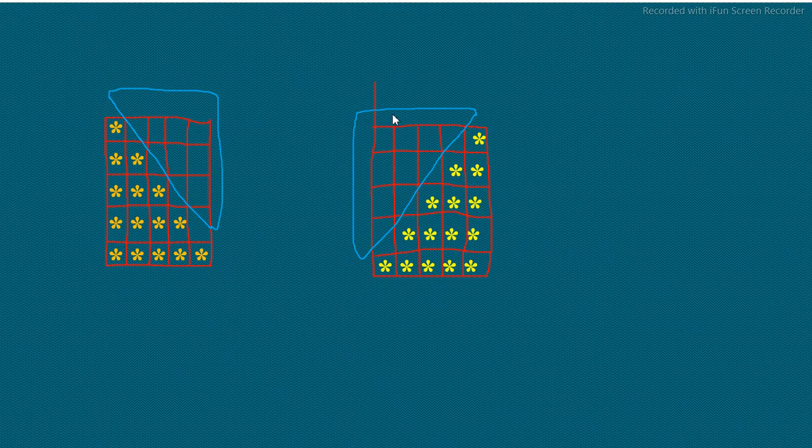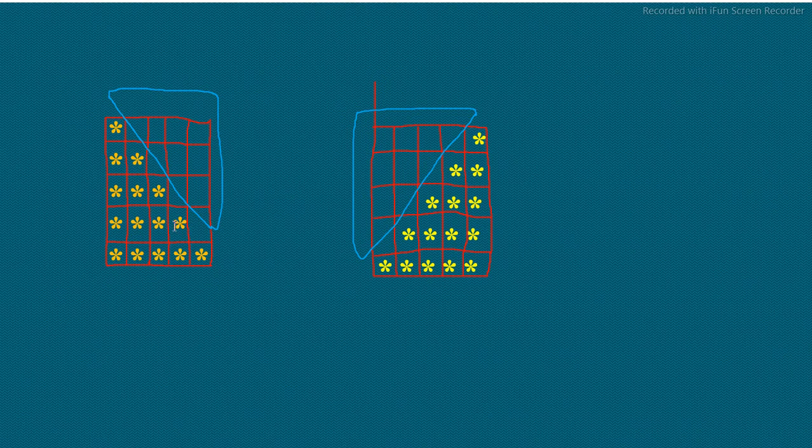I'm repeating again. If you have spaces completely segregated and also right aligned, then you do not need to worry about the spaces. You need to only worry about the letter or pattern, or the star, whatever is there. So in this code we will not write any extra line of code for printing the spaces, but in the other code you will have to write first the line of code for printing these spaces.